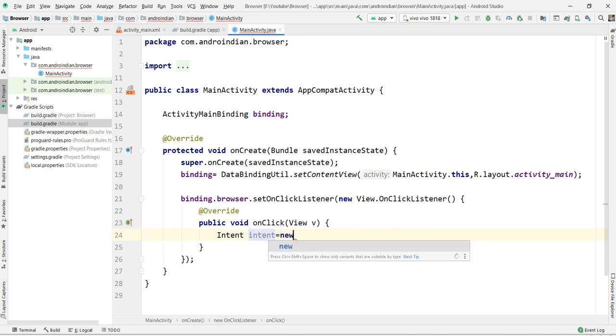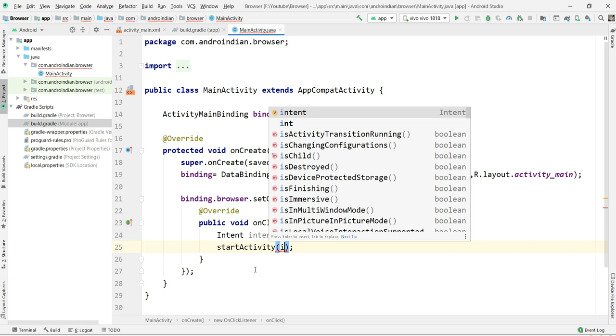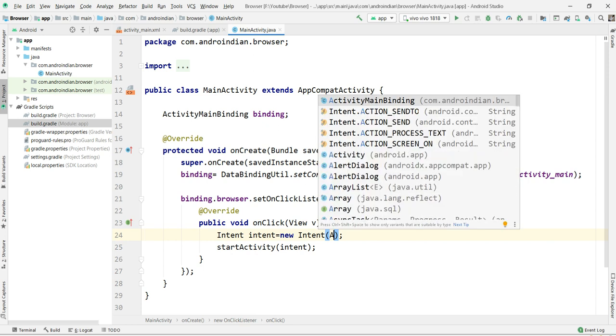Intent equal to new Intent. Next I will write startActivity of intent. Done. Now how to open the browser? Here we open this intent with an action.